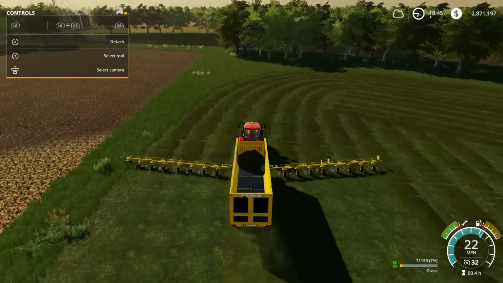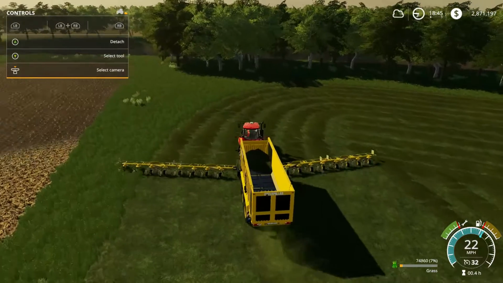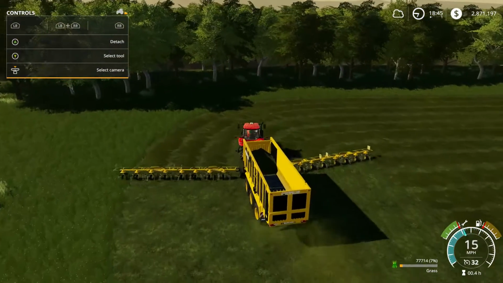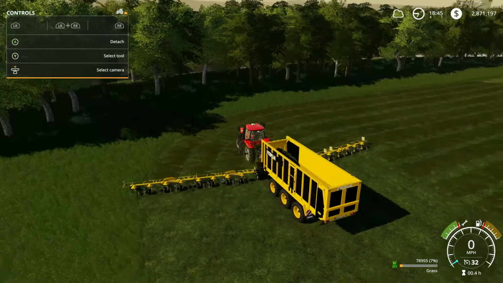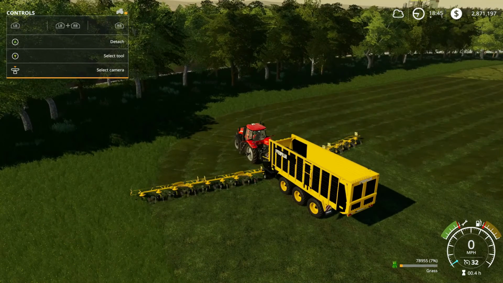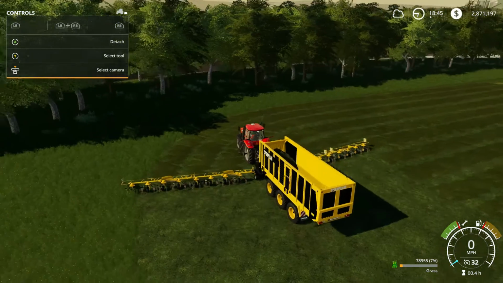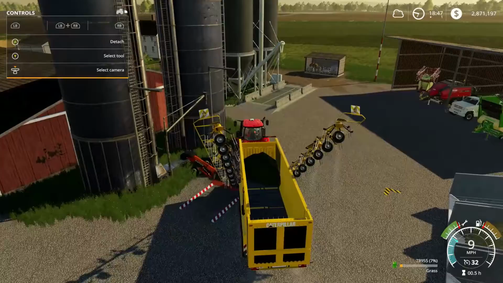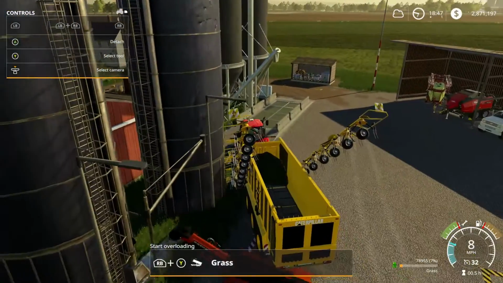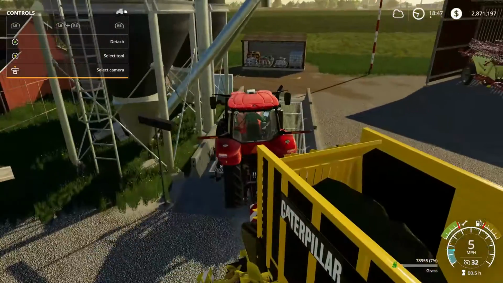Another benefit of this mod, for those of you who like realism, may turn you off of it a little bit, but is the capacity. I think it's a 1,000,000 liter capacity. So you can pick up some grass or hay with this bad boy. All right. So let's get this one unloaded. We just did that one pass with it, and